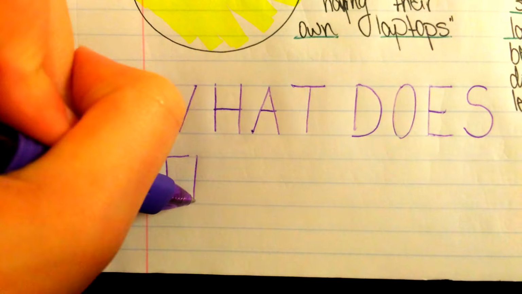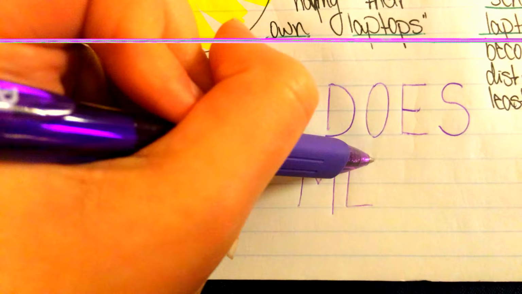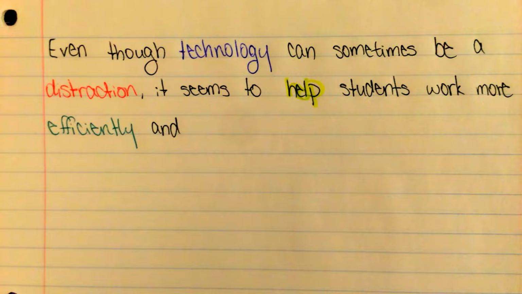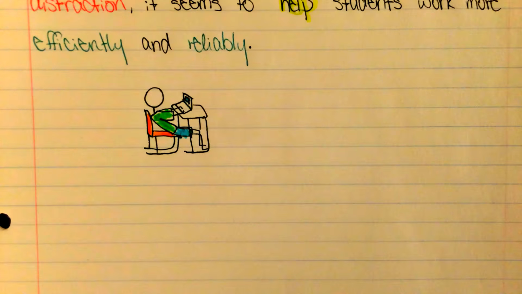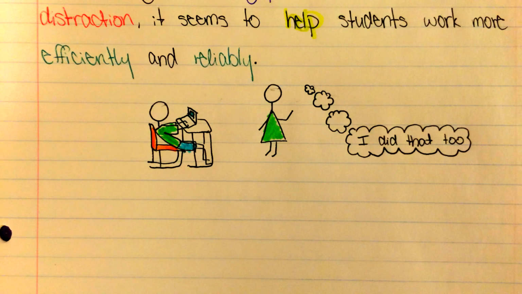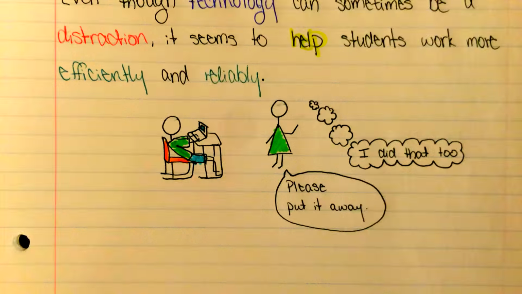So, what does that mean? For me, it means that even though technology can sometimes be a distraction, it seems to help students work more efficiently and reliably. So maybe when that kid tries to lie to me about why he's on his laptop, I'll remember that I went on my phone and laptop in class when I was a student too, and I'll